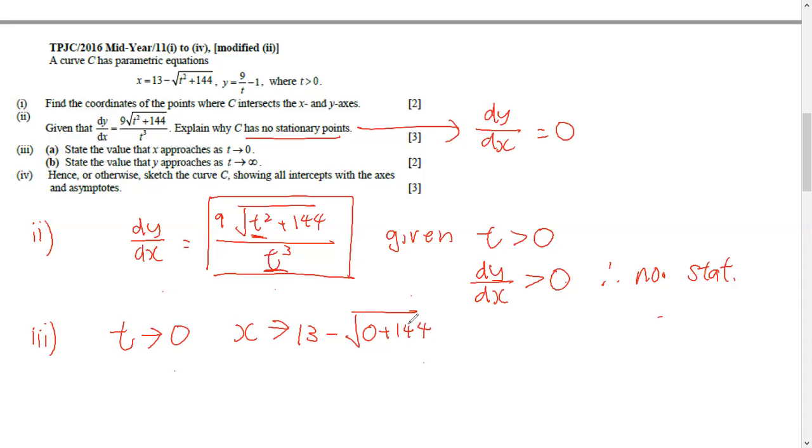Okay. So this value here will be 1. So when t approaches 0, x will approach 1. It's just a mere substitution of t equals 0. Next,